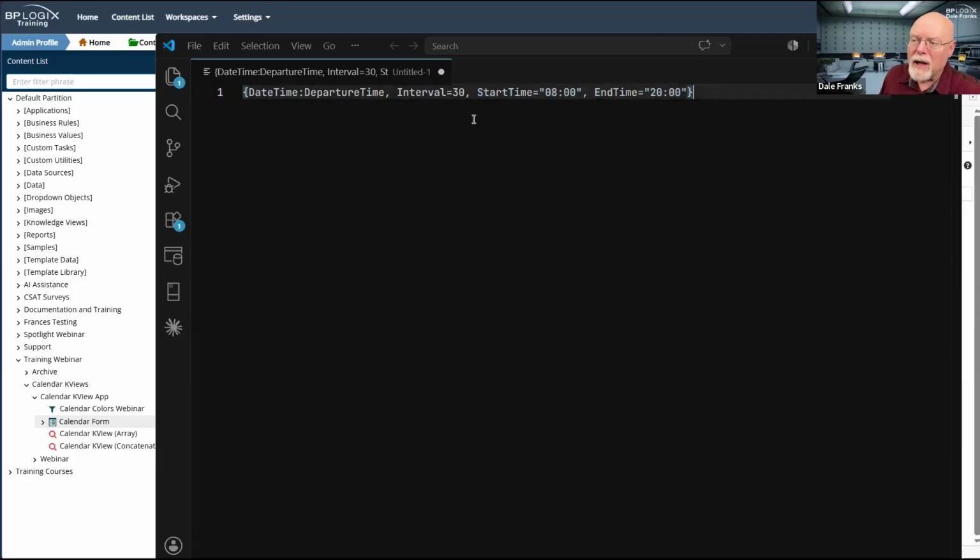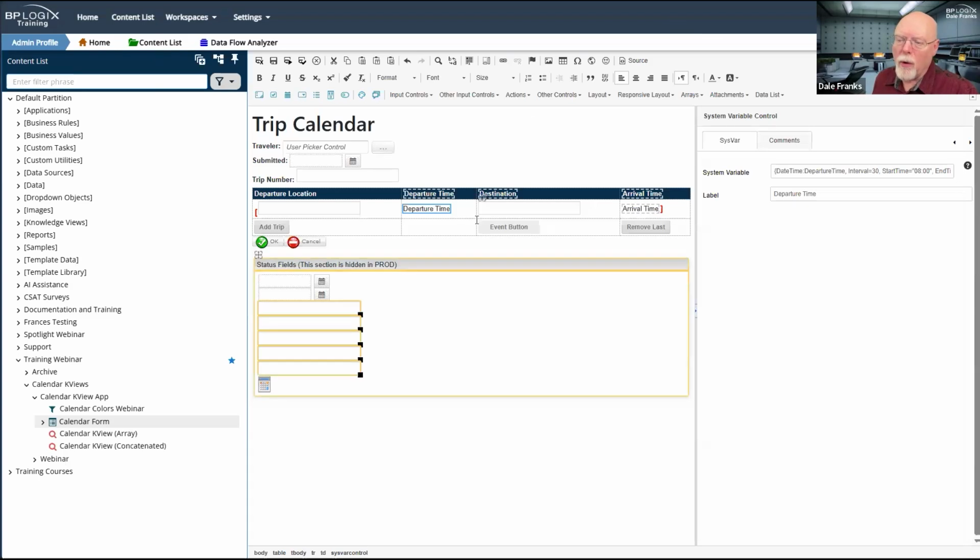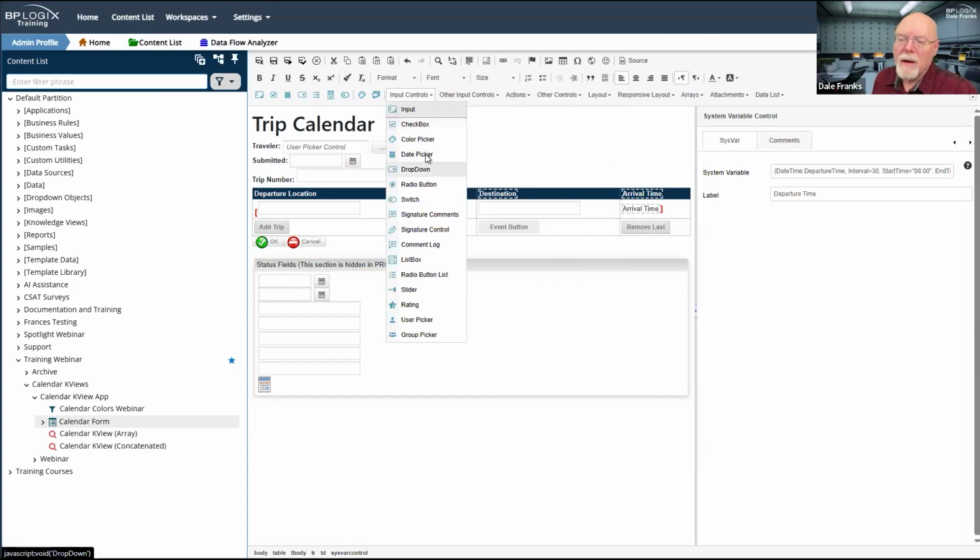The custom start and end time and the interval require that I not use the UI control. The UI control for the date time picker, which is right there, the date picker, or right there on the toolbar itself. You can make this control a date time picker. However, it's going to show you the entire 24-hour day, and it is only going to break it down into 1 hour increments.